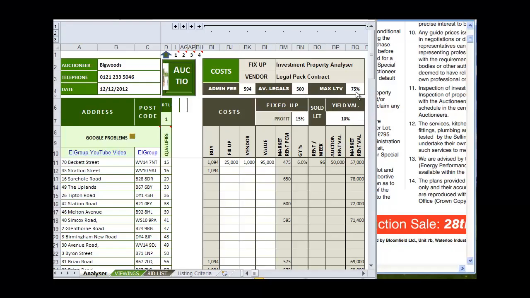Enter the LTV, the loan to value, that you're going to be working with. In this case, I've maxed it at 75%. Now we come to the costs. And first of all, there are buy costs, and the buy costs, which is an autocalc, are the total of the admin fees and the legal costs. So the combined total of these two figures, set at £594 and £500, is